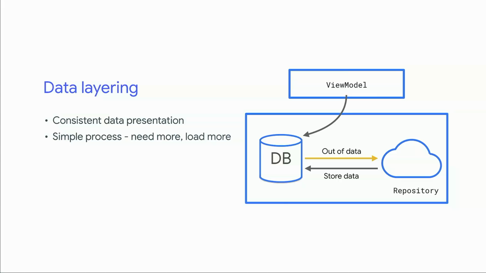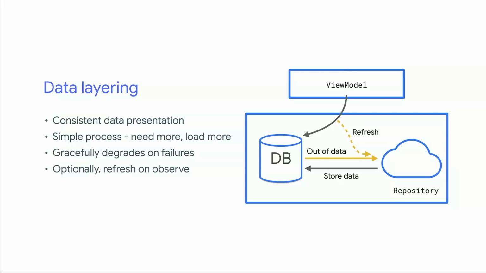We have a similarly simple process, but importantly, this gracefully degrades on failures. If your user is in that 20% connected state, you can still present all of the data that you have locally and try to fetch, or potentially retry, when the network is around. Potentially you might say, well, this doesn't keep my data fresh. An easy way to work around that is to just say, whenever anyone starts observing this stream of data, we start a new fetch. We see if we need to refresh our content. And that's especially important usually when you have